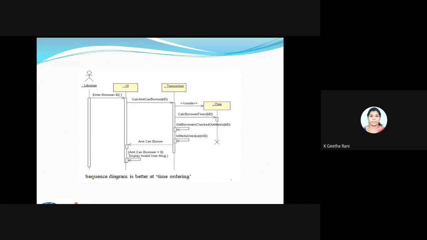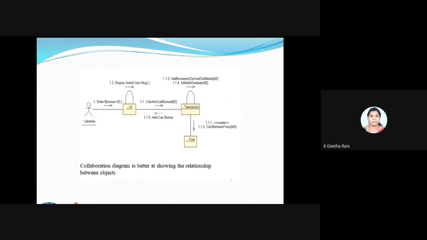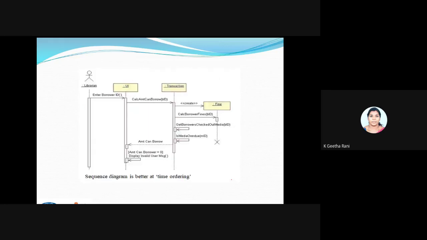Here is a small difference in how the sequence diagram looks and how our collaboration diagram looks. Fine. So in the sequence diagram, the main advantage is time ordering. Time ordering is nothing but the flow here, one by one. That we call a better time ordering.